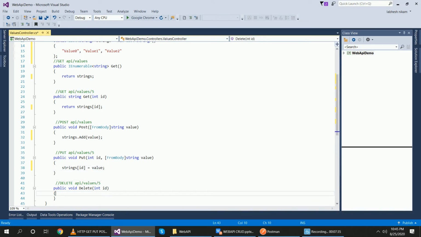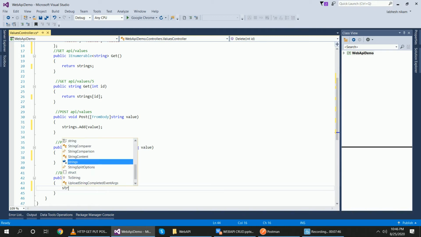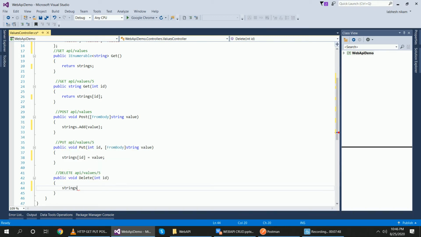So whatever you change in the value, that will be performed in that same id, which id you want to update. And for DELETE, strings dot Remove, what you want to remove? Id of the strings, so strings dot RemoveAt id.